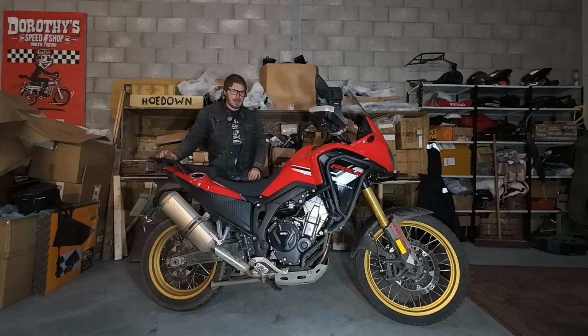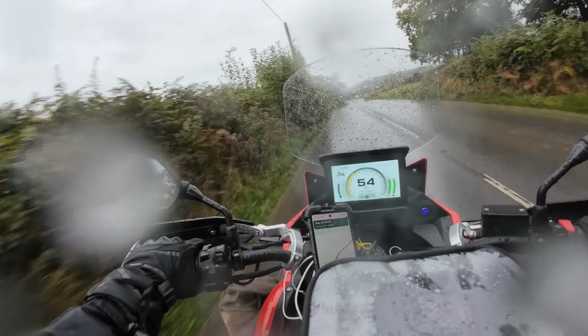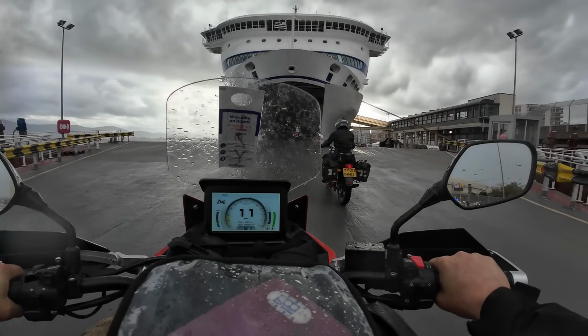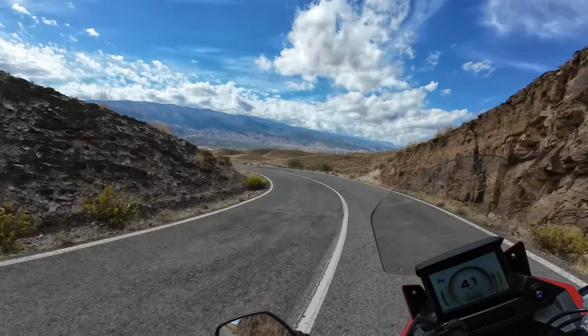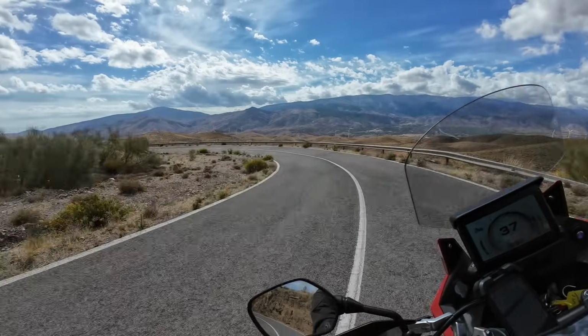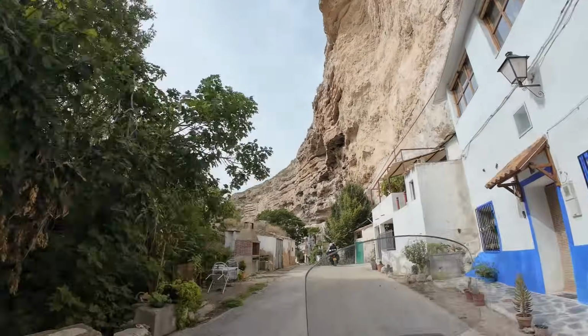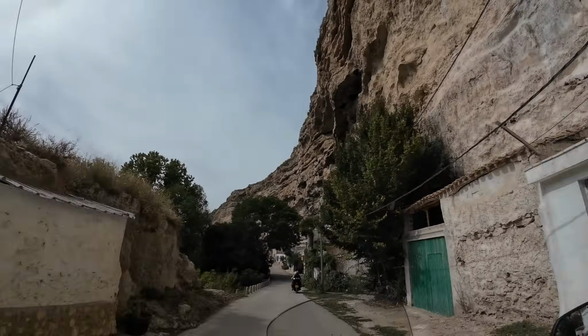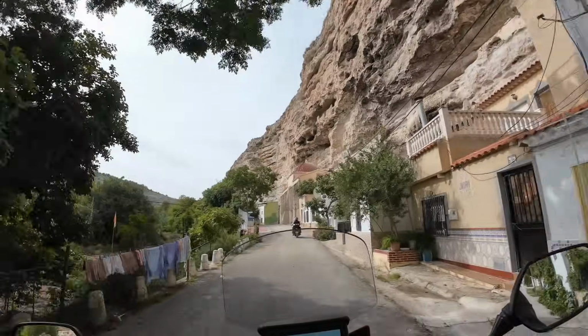Hey guys, a little bit late with this video, but just wanted to do a report after the Spanish trip on this Rieju 500 Aventura. If anybody watched the previous videos, I picked up this bike. I bought it from Tim at Midlife Classics up in Droitwich, and I had it delivered one day before my Spanish trip. I did 12 days with the group down Plymouth, Santander, across to Valencia, all rural roads, back roads